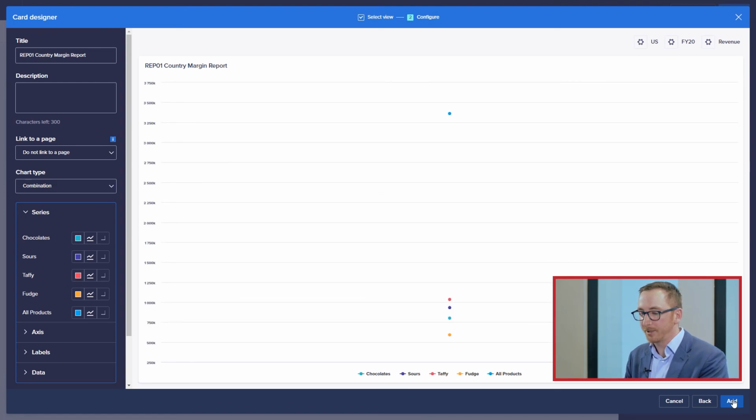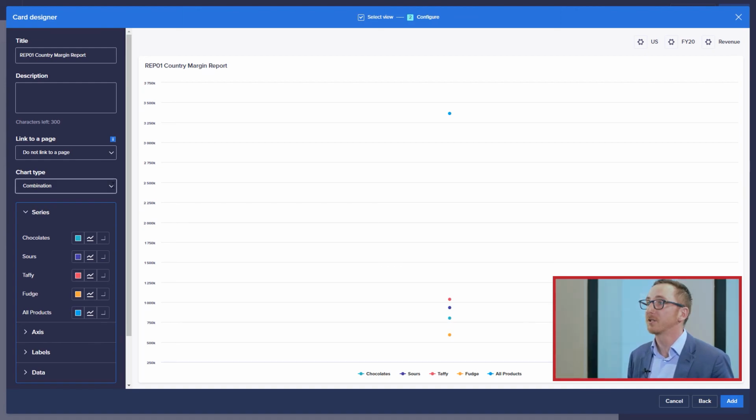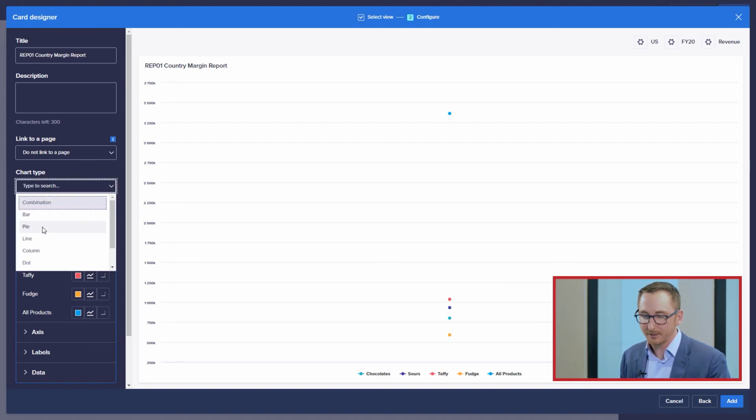Now from here, one of the things that you're going to notice is this chart doesn't look very impressive. And that's because the data is not set up to be a line chart. So instead, let's switch that chart type to make it a pie chart. If you look over towards the left, you're going to see the chart type. Just use that drop down and let's select a pie chart.